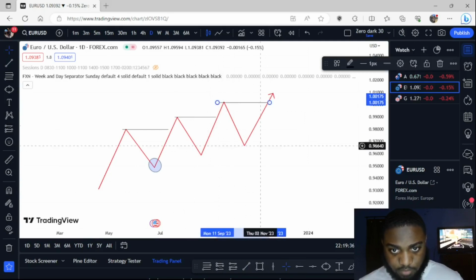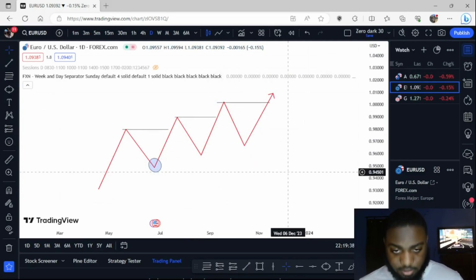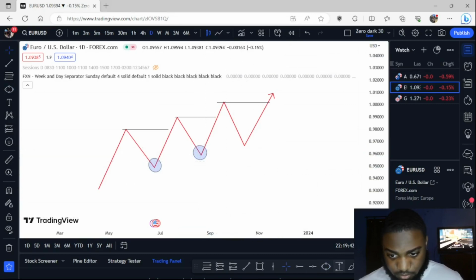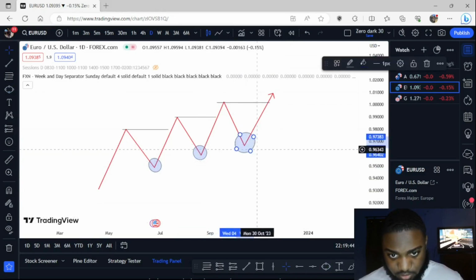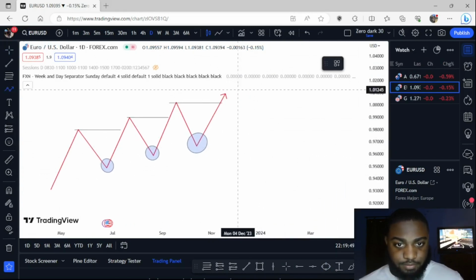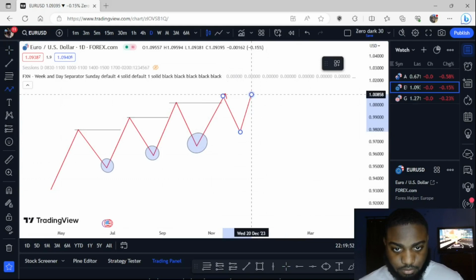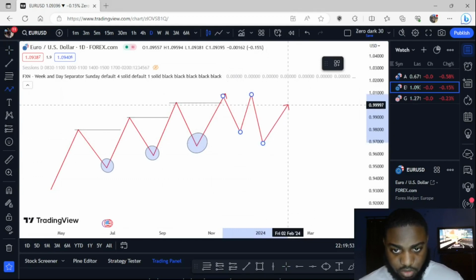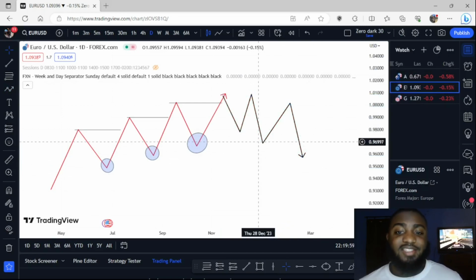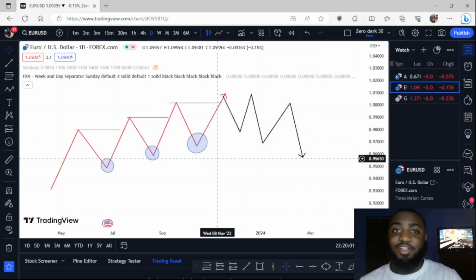This high gets liquidated. So all of these highs are getting liquidated. What's going on with these lows? It's protected. So each of these lows are protected. So when the trend changes, what is price going to do? I just gave y'all a clue as to how you can create your targets.